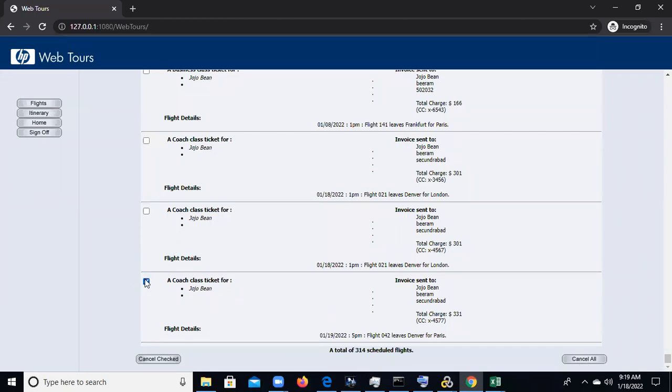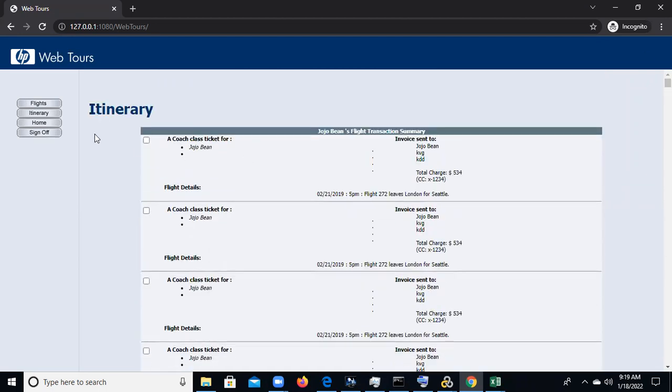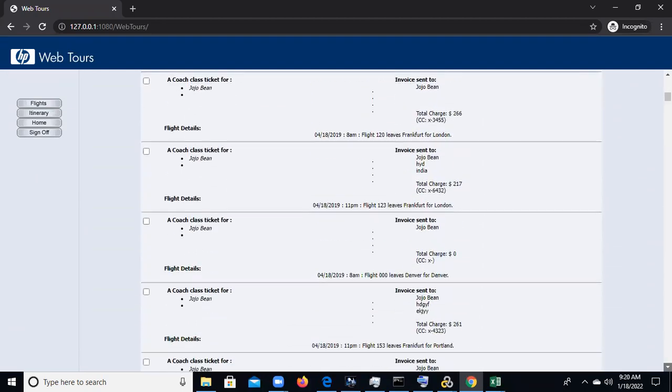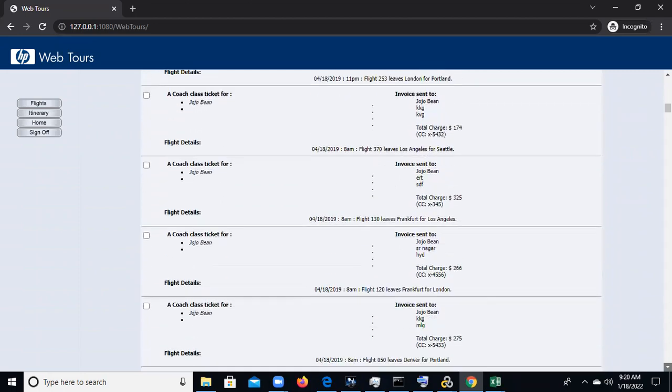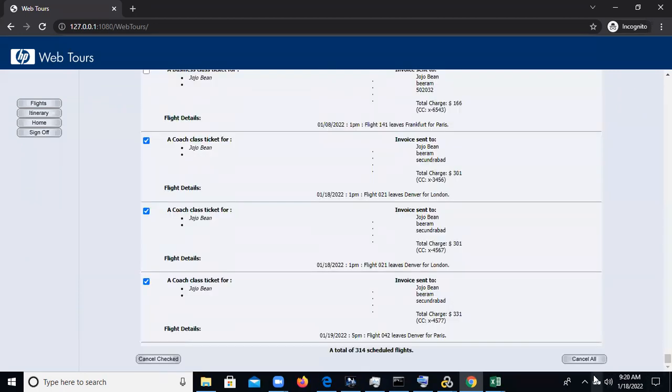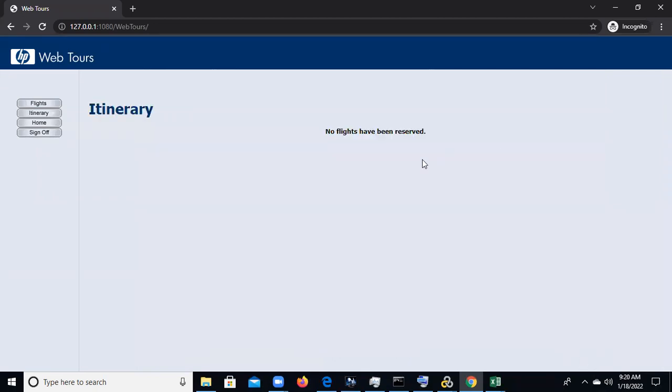You can cancel, checked. What are the checked ones? You need to cancel them. So this scenario you can also do for the recording. Right now I'm checking; you guys also do the same thing. You can check all. So this many flights we have booked. Cancel. Now I cancel, right?